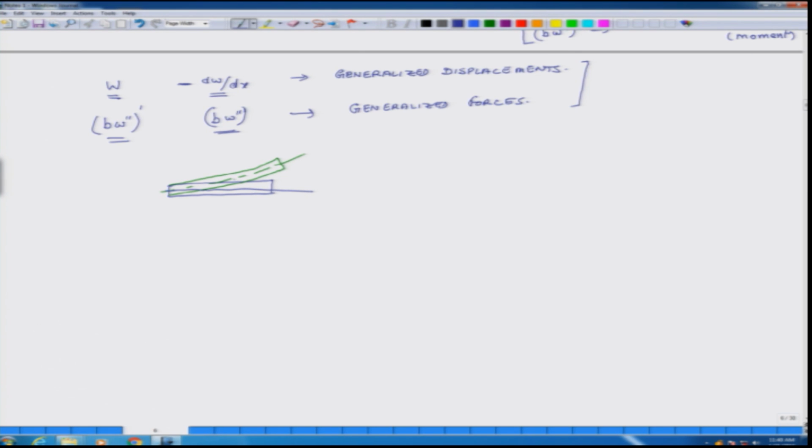Then the angle, let us say this is theta, then tan theta is what? Suppose this is the deflection, right, then tan theta will be basically dw over dx, agreed? But we are considering that theta is positive if clockwise,